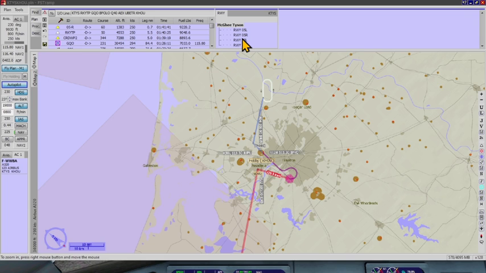797 feet per minute. 9,976 feet ASL, 10,000 feet. Should be seeing an,